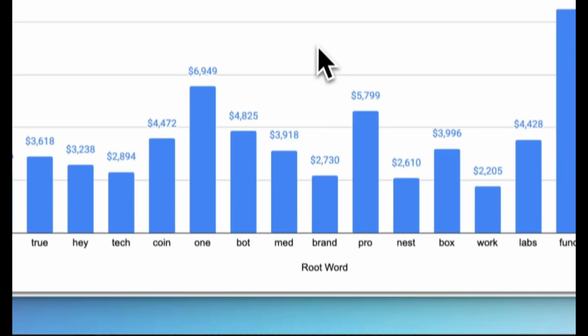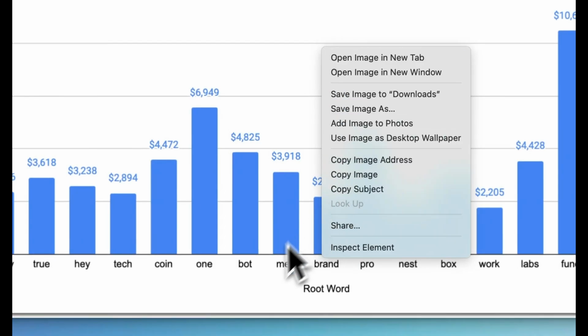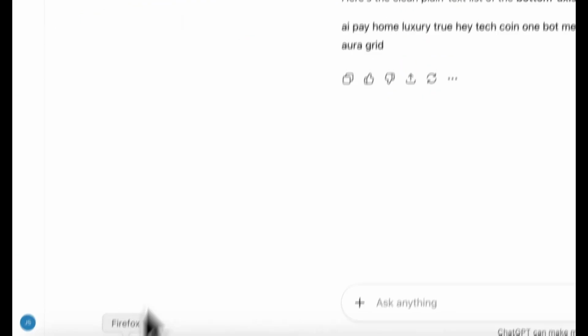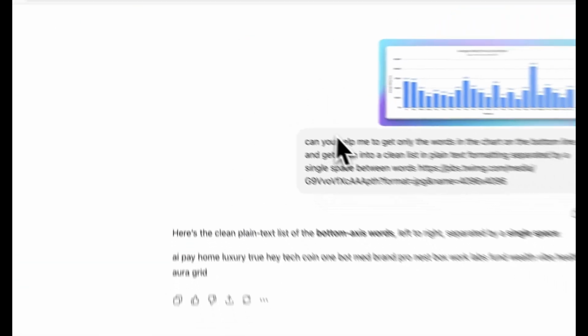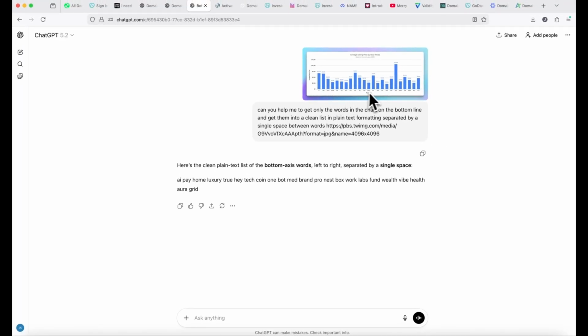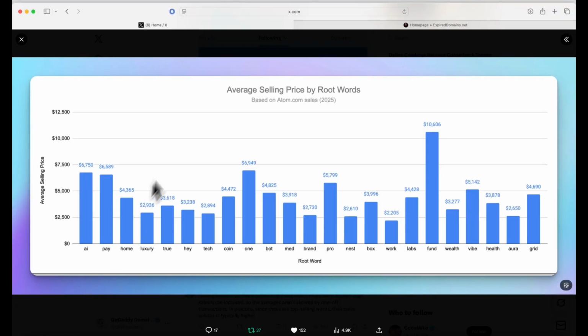So what I did was I just right-clicked on this and I copied the image, and then I went over to ChatGPT and I told it I want to get the bottom line words out. I want them in plain text and I want them formatted by a single space, and you'll see why in just a second. It took about 3 seconds to do this, and then it gave me my list, which I am going to go ahead and copy. And now I'm going to head back over to